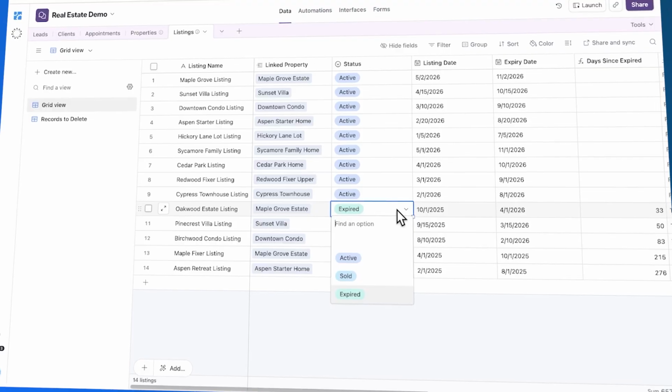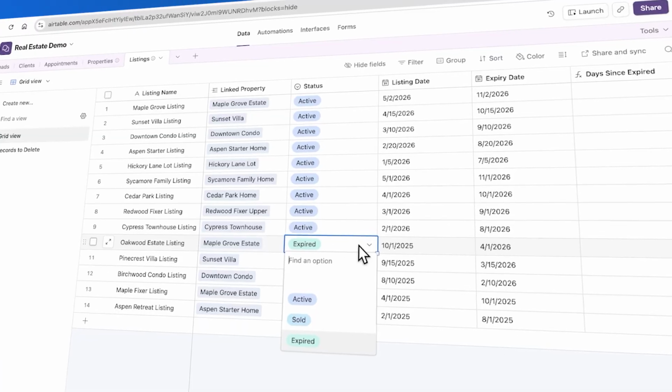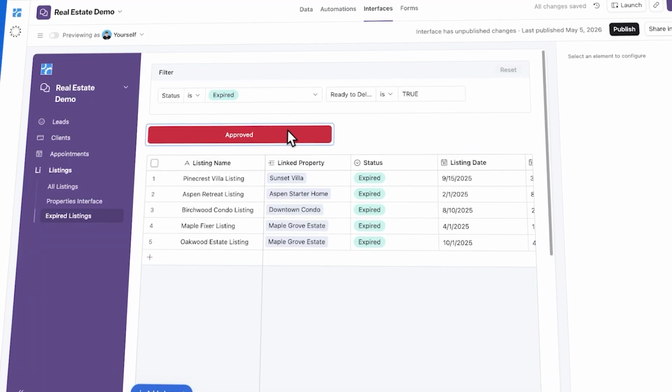If you are working with expired listings, you understand how quickly your management system can get messy. Old properties, dead leads, outdated data, it gets messy fast. And if you're manually cleaning it, well, this is where you're wasting the most time. So in this video, I'll show you how to automatically clean up your data, including safely deleting records when you